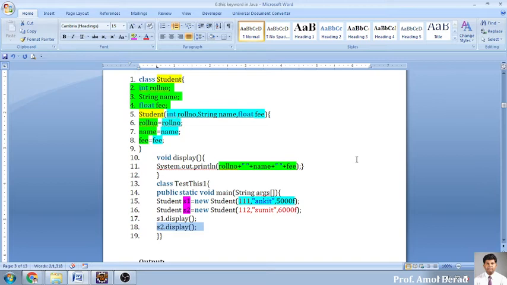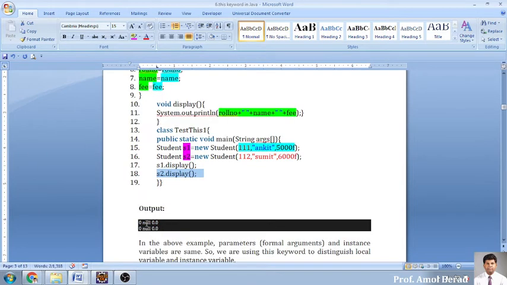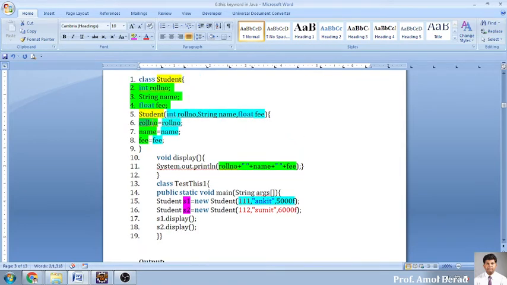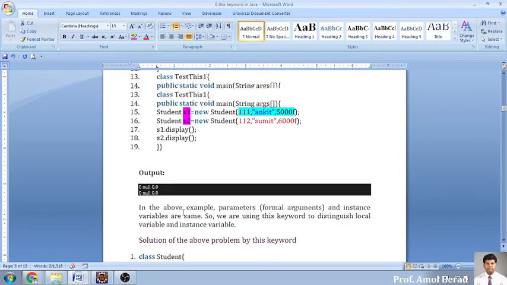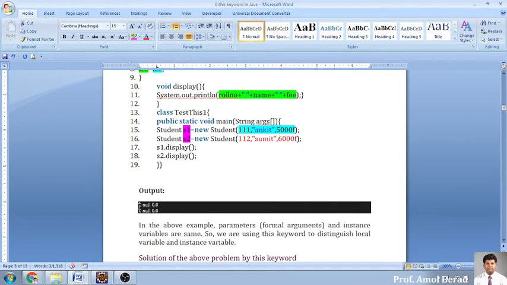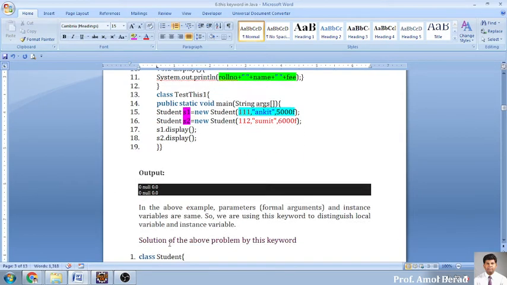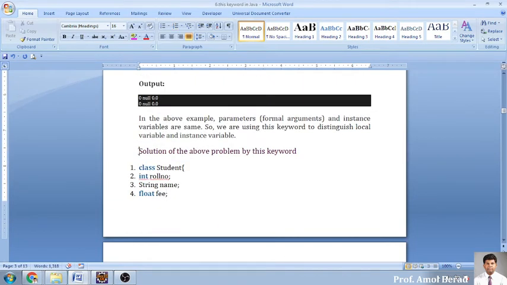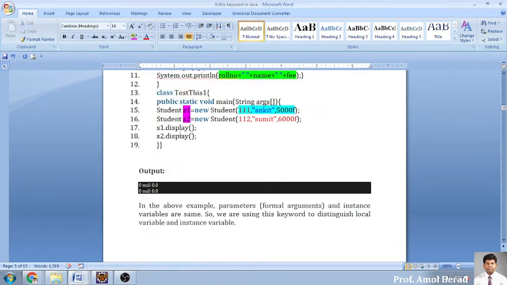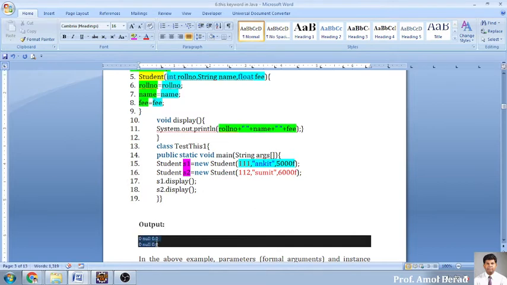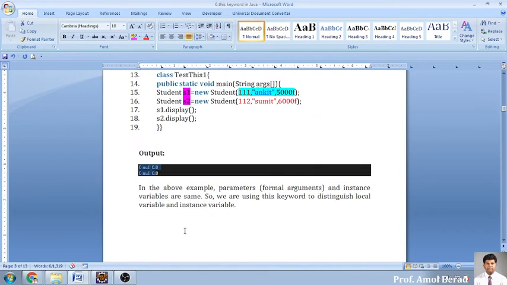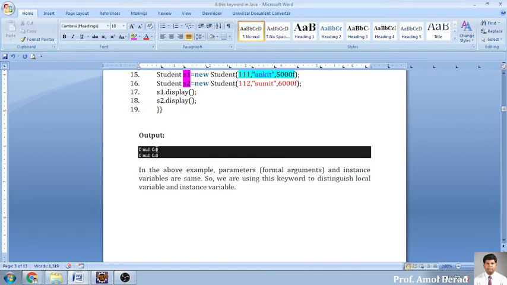111 Ankit 5000 F. Okay, you just run it and you get an output like this. Though I have not used this keyword here, I think the output will be like this only, but you just try it. To solve this problem, we do the same program with a very simple alternative. Try it in today's session. If the output is coming like 0, null and 0.0, this means you need to go for the this keyword.